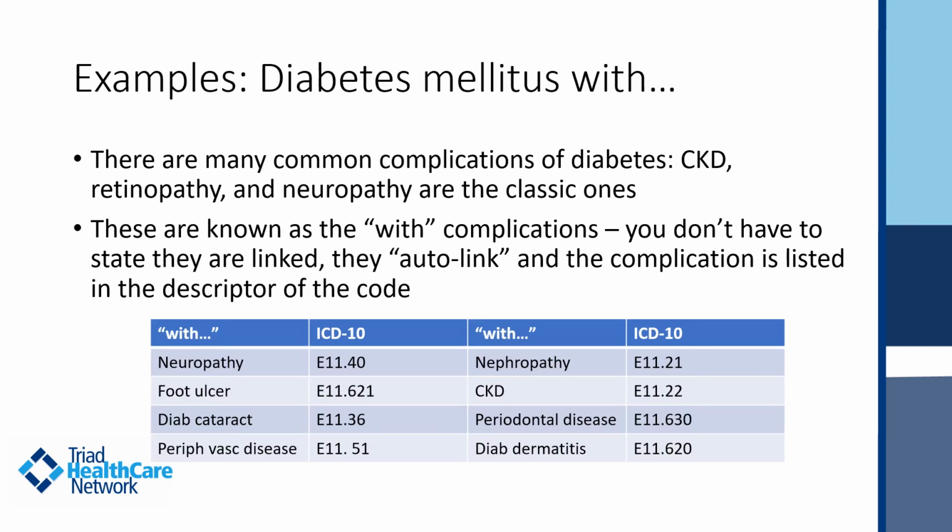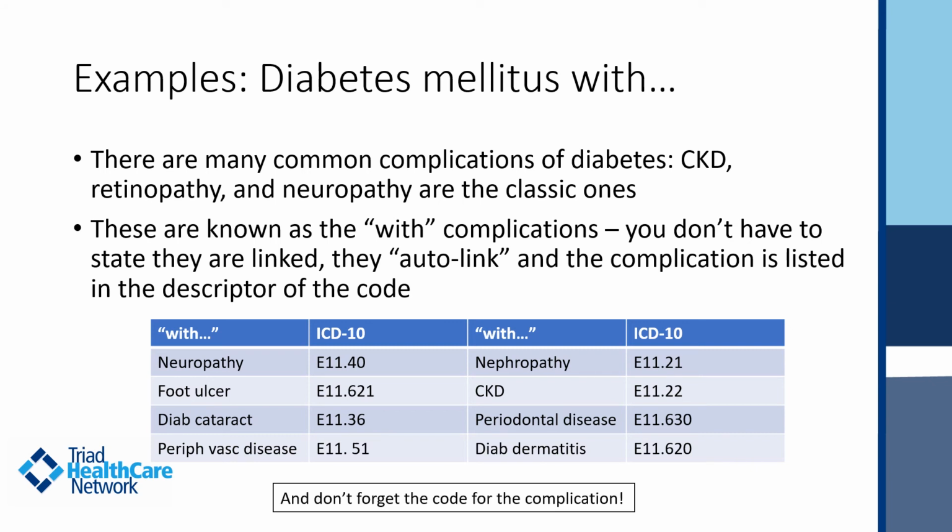So diabetes mellitus with neuropathy, E11.40. You don't have to state that you think the neuropathy is from the diabetes. It's assumed to be from the diabetes, or at least to be made worse by the diabetes. Diabetes with nephropathy, foot ulcer, chronic kidney disease, diabetic cataract, periodontal disease, peripheral vascular disease, diabetic dermatitis. These are all codes where if you put that code in, you are automatically linking the diabetes with the